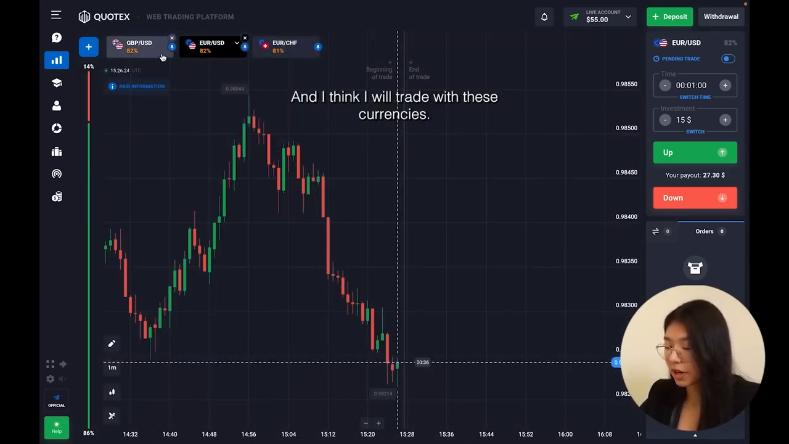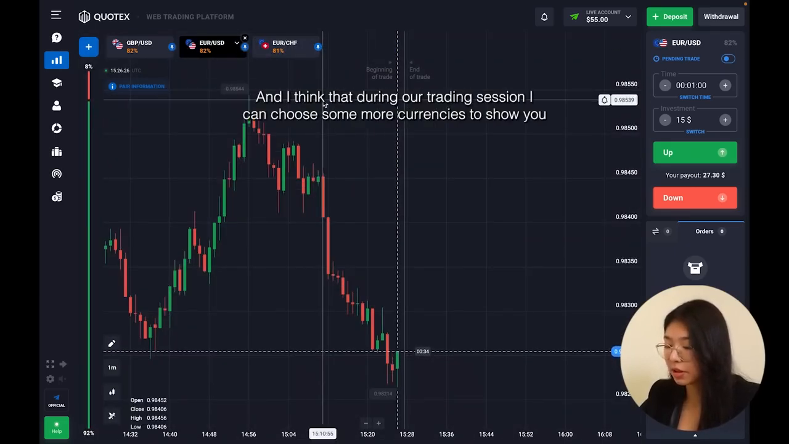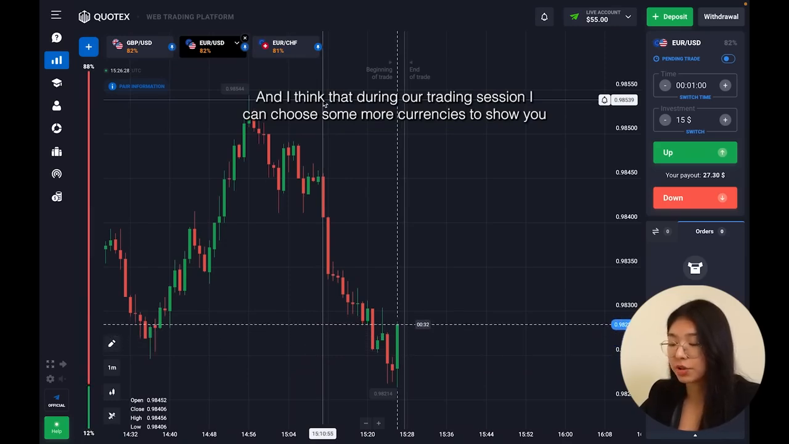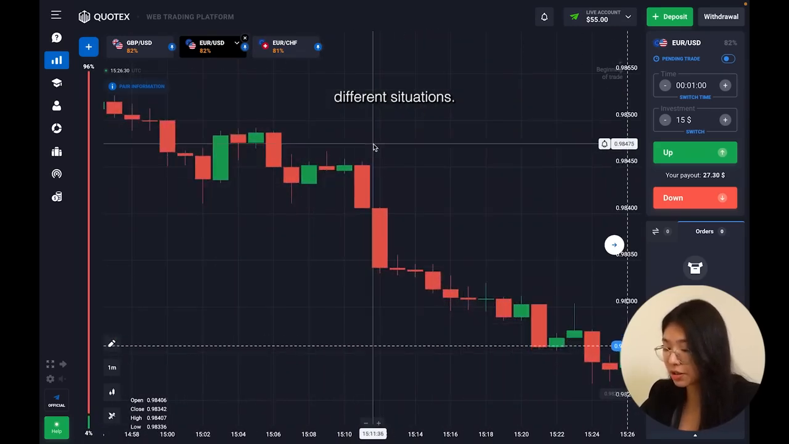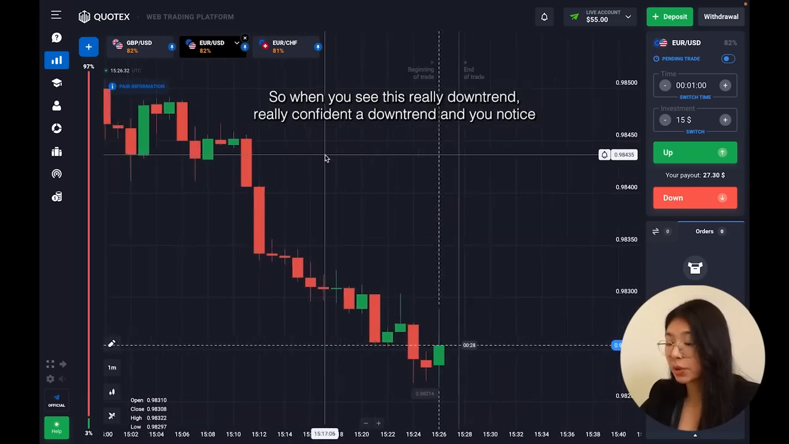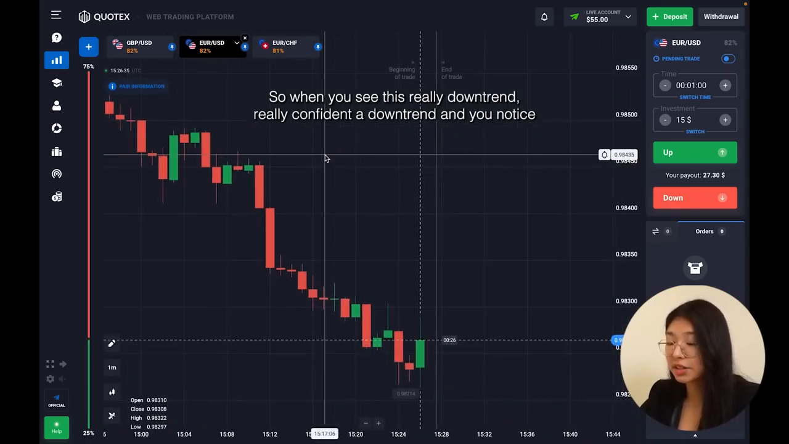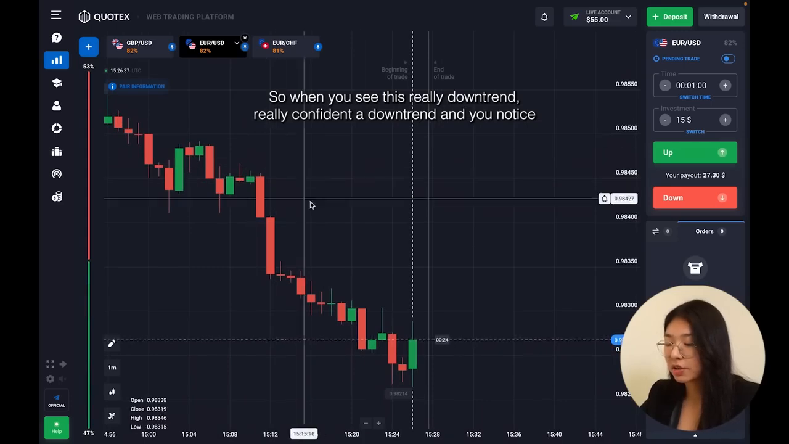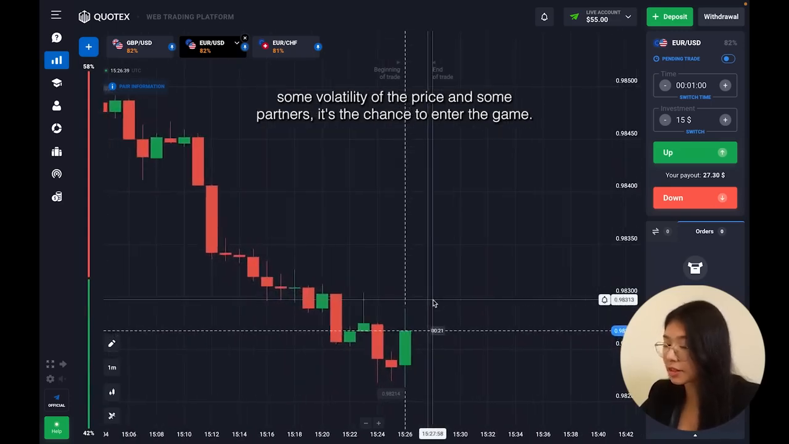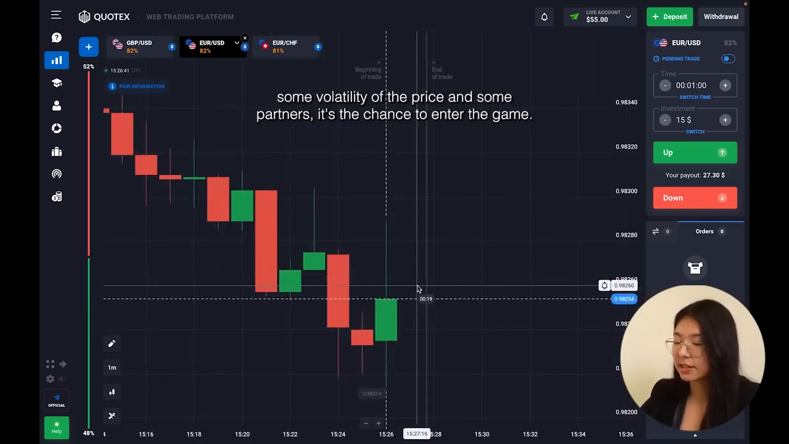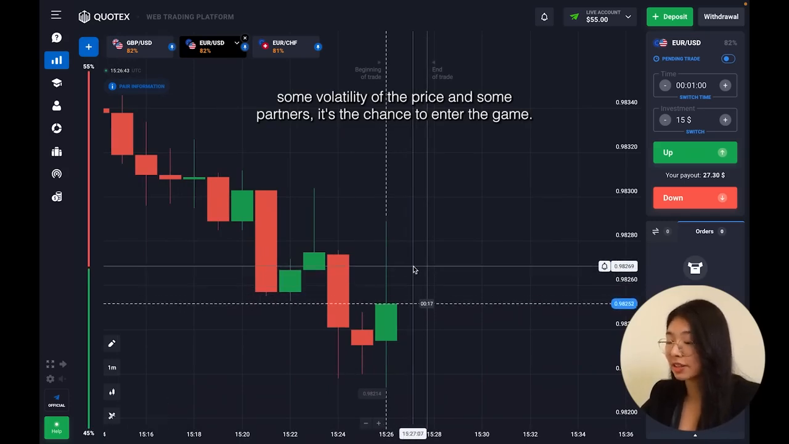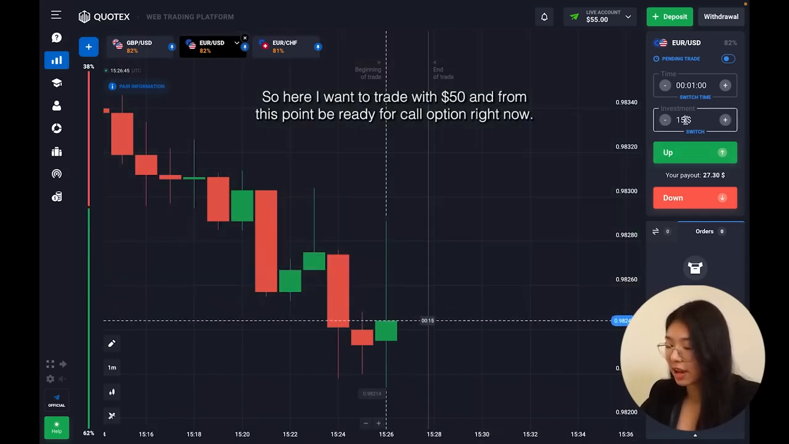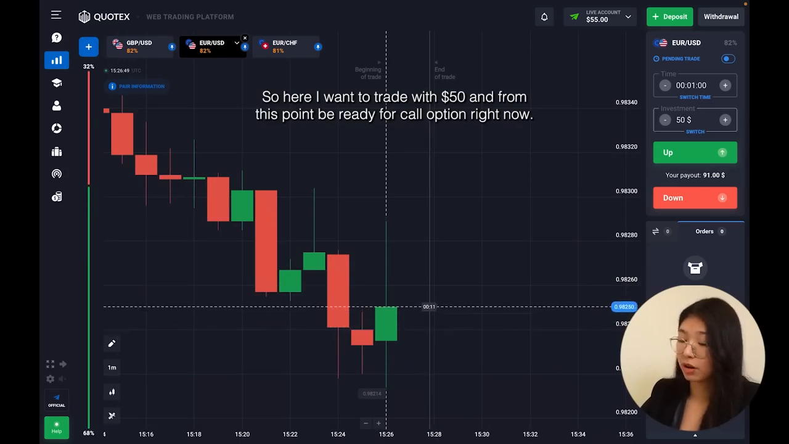So I think that I will trade with these currencies, and during our trading session I can choose some currencies to show you different situations. When you see a really confident downtrend, and you notice some volatility of the price and some patterns, it's the chance to enter the game. So here I want to trade with $50, and from this point be ready for call option